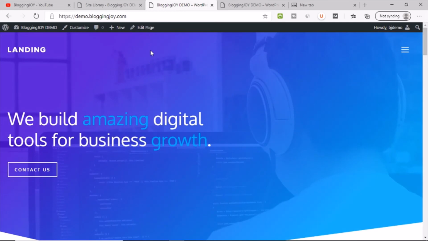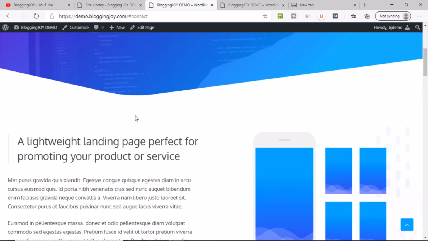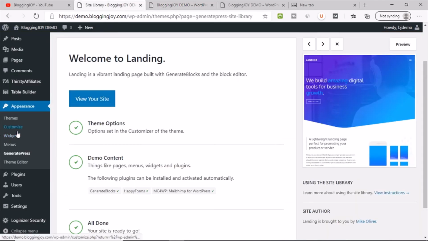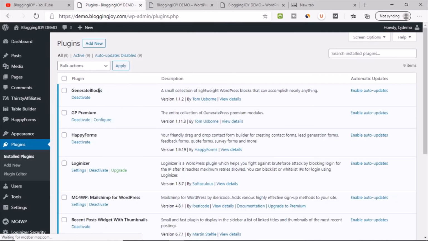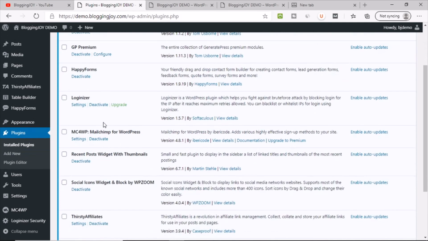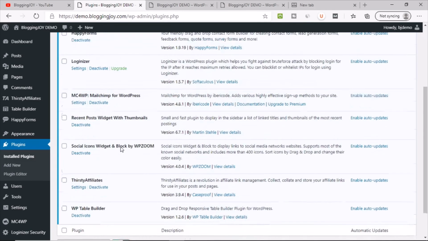Now definitely you need to know how to edit these layouts, and for that they have dedicated documentation and all those things. If you spend some time to understand how exactly these things are working, you can easily design this kind of a website. And that's completely without using any paid page builders. Okay, so definitely they have installed some page builder, I'm sure. So let me go to the plugins. So there is something called Generate Blocks. Okay, so Generate Blocks, yes, see lots of plugins have already been installed.